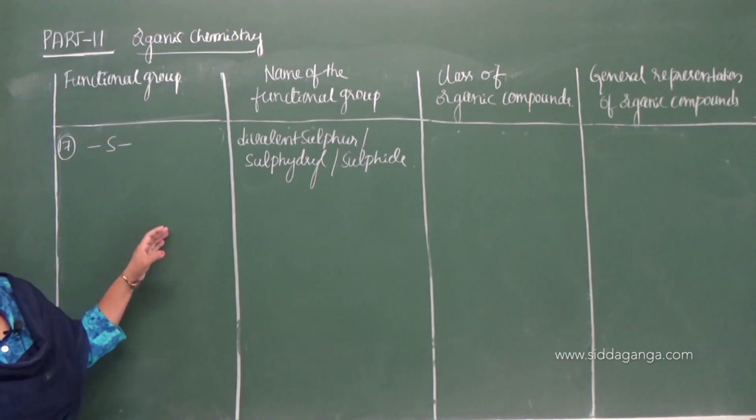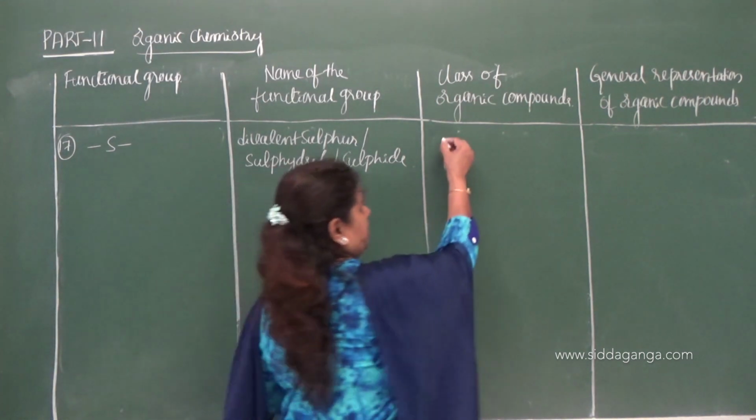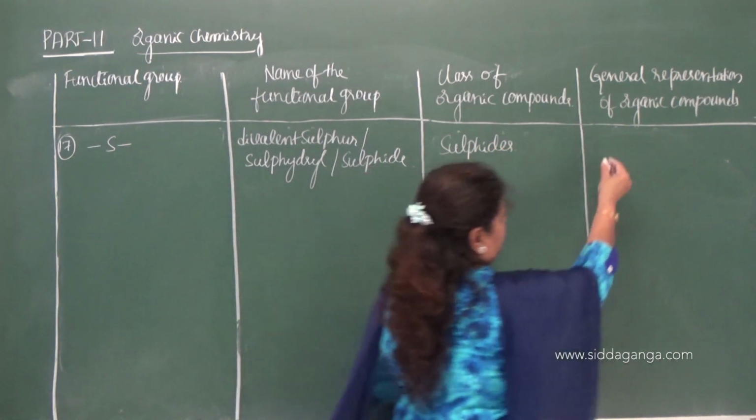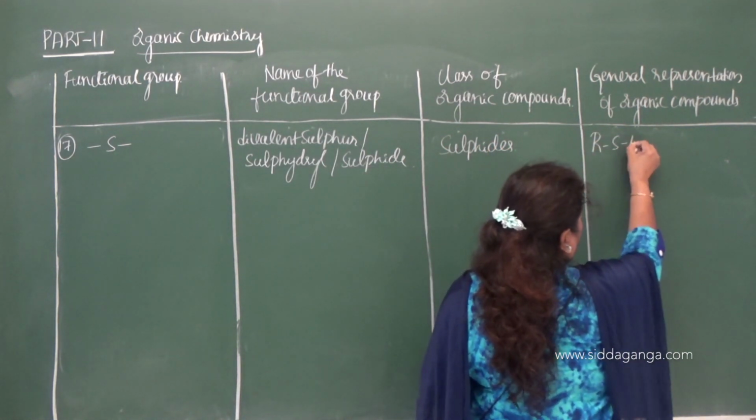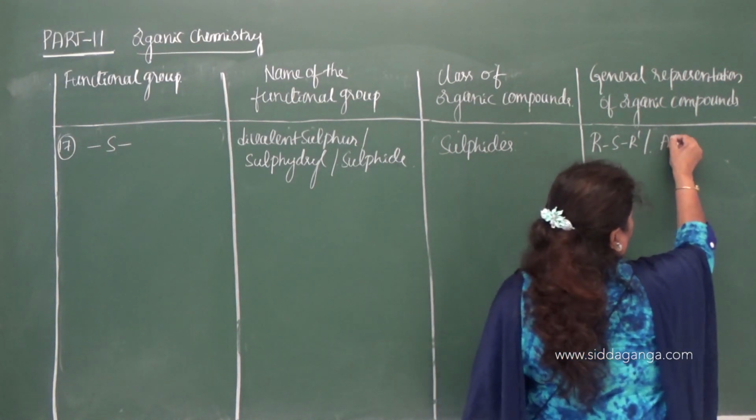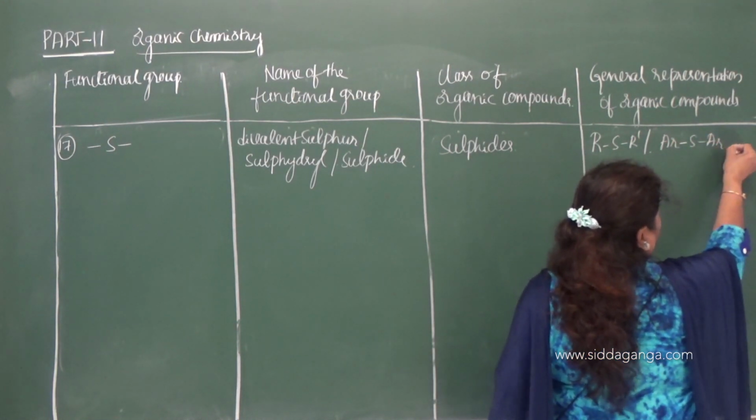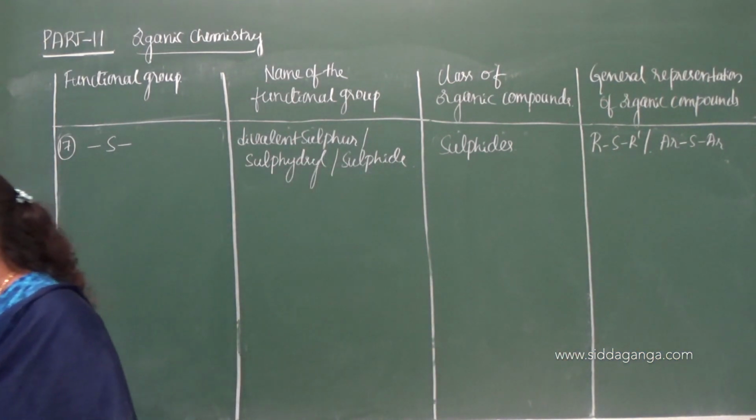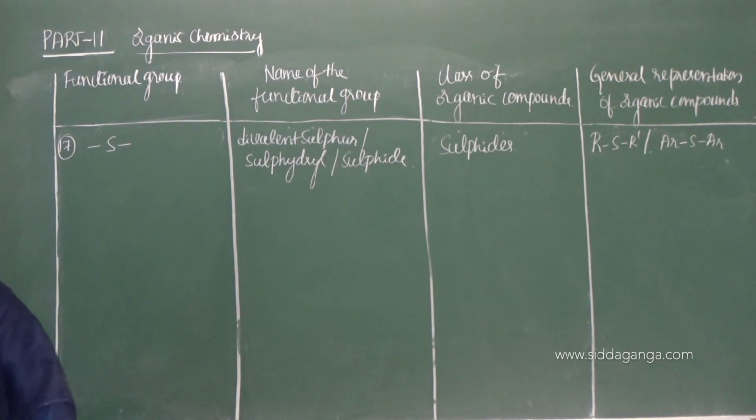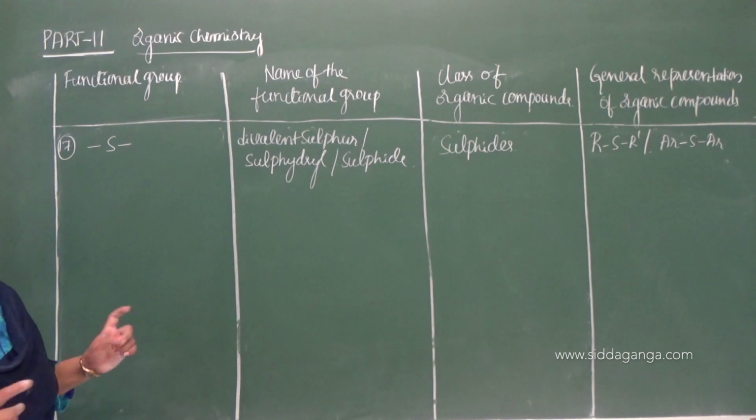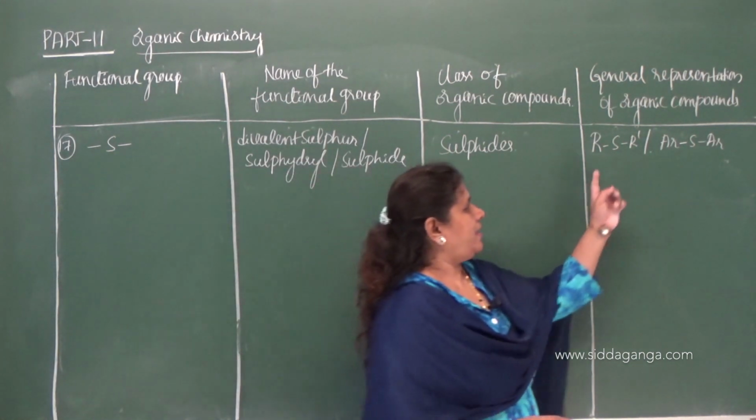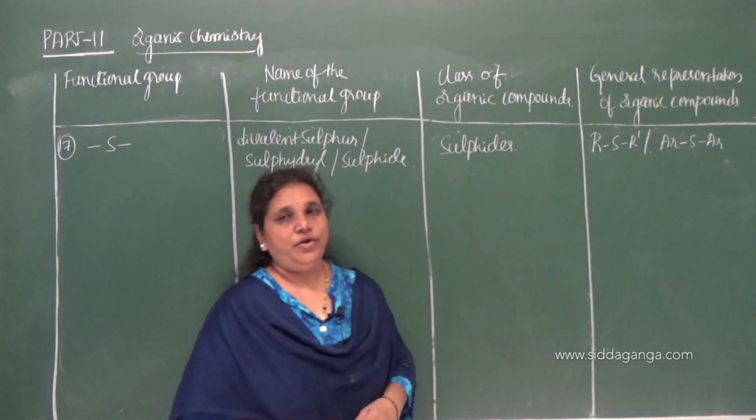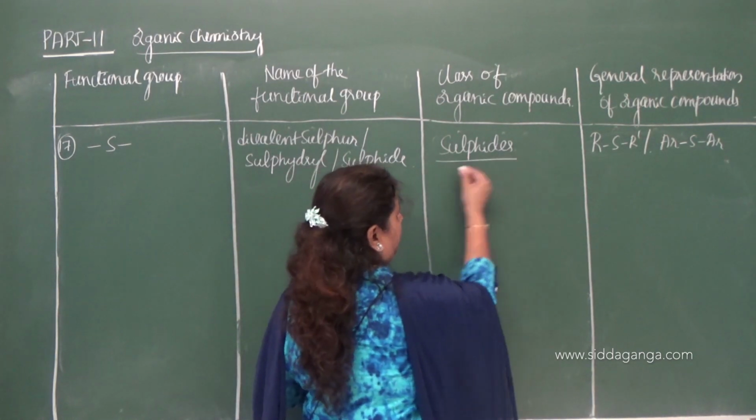So, alkyl sulfides or aryl sulfides. The class of compounds is sulfides. And how to represent? R-S-R dash, or Ar-S-Ar. So it is divalent and it is a non-terminal functional group. Hence, they are called sulfides. If divalent sulfur is present in between two alkyl groups or aryl groups, then you can also name these compounds as